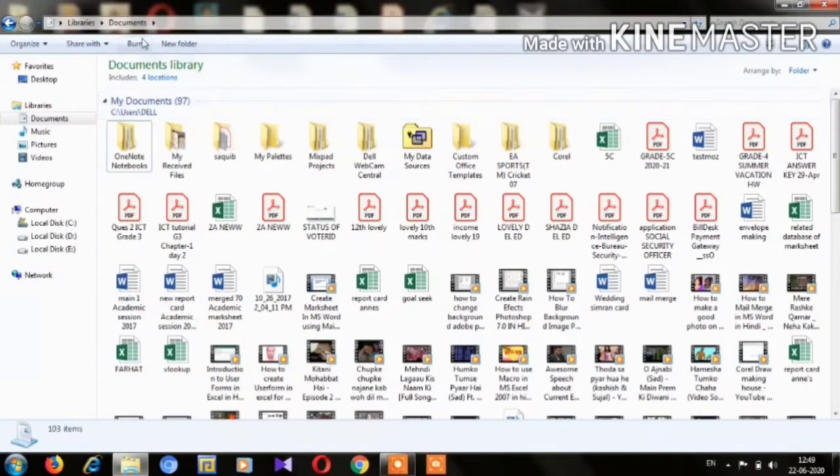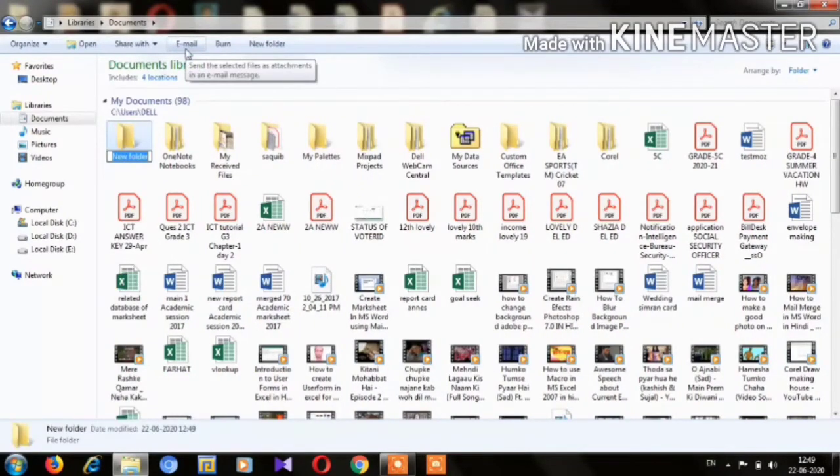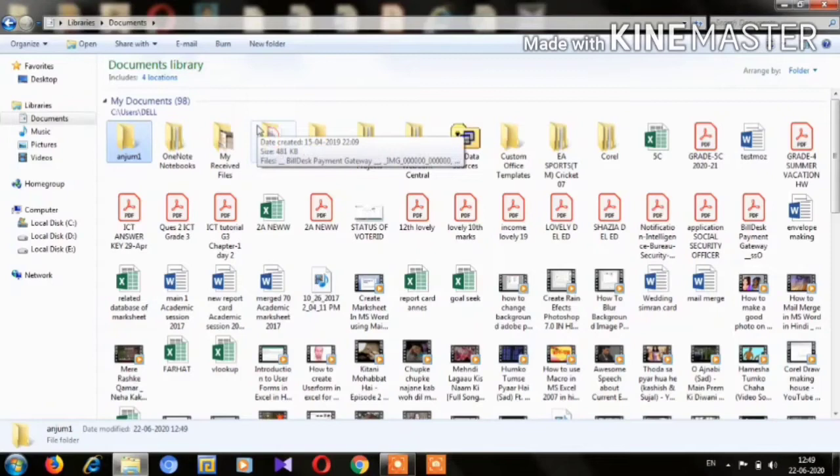So here we are under the document folder. If you want to create any folder under the document section, you just need to click on this new folder icon. Click over here. Now see, the new folder has come here, and the text is highlighted. It is because here you can change the name of this folder. Like I am writing my name. Okay, and then after changing the name, press enter. See, the folder by my name has been created.